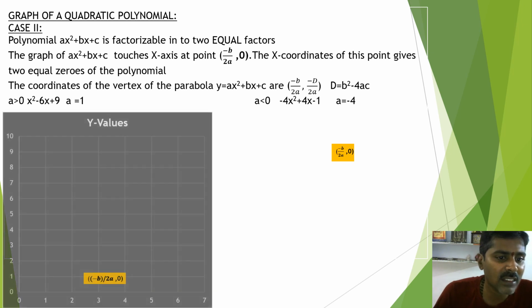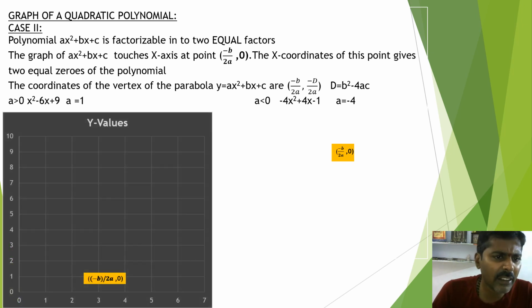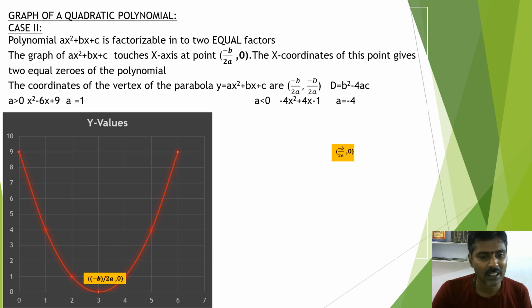So if you go with the y values here, taking different values of x, when you substitute and plot them on the graph, then you will get different values. And the very important thing in this graph is that this is again a u-shaped curve, and the vertex becomes the x intercept. So minus b by 2a comma 0 is nothing but 3 comma 0. This is the vertex of the parabola, as well as 3 is the zero of the polynomial x square minus 6x plus 9. Similarly, if I go with the second, when a is negative,